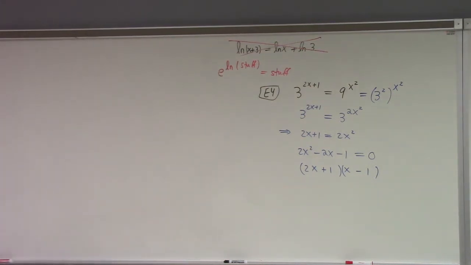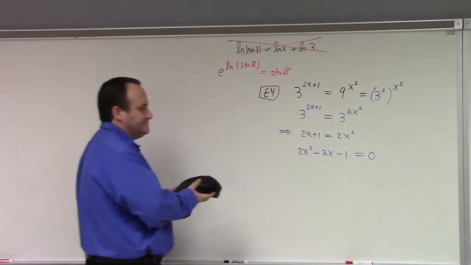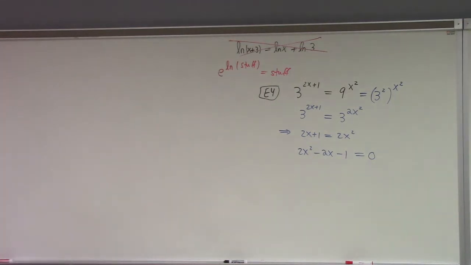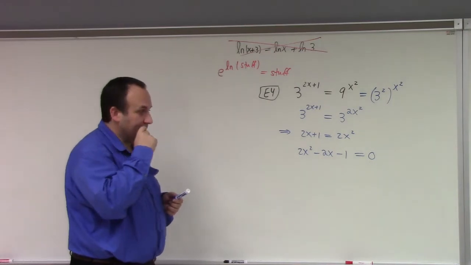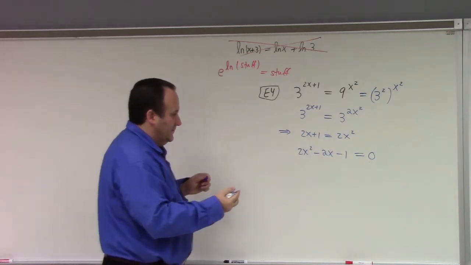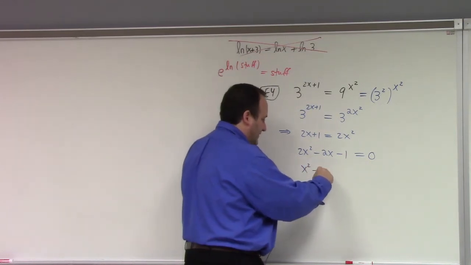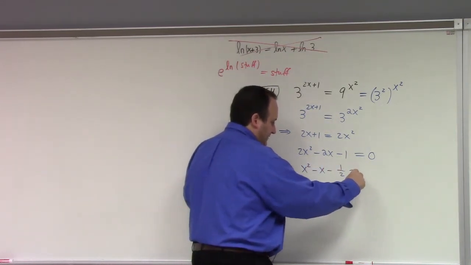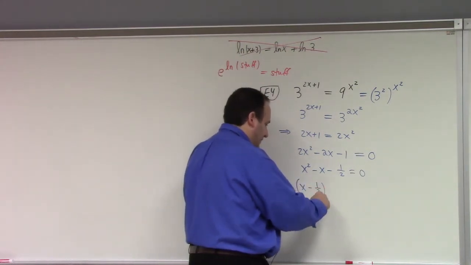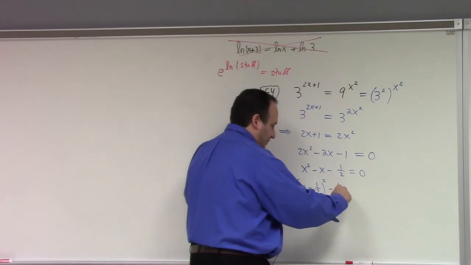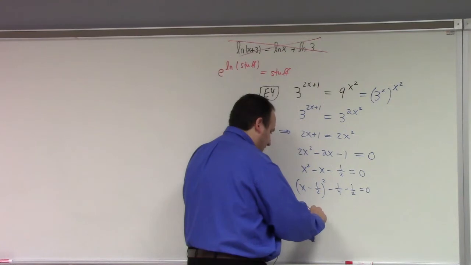So how should we solve this then? I can't factor it. What do we do? Well, what I would do is, you can either fall back on the quadratic formula, right? But this one I can complete the square on without too much trouble. So this is x squared minus x minus 1/2 equals to 0, right? So that's x minus 1/2 quantity squared minus 1/4 minus 1/2 equals to 0, which gives me x minus 1/2